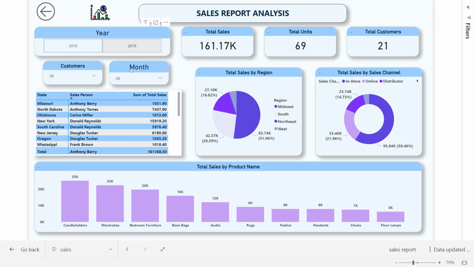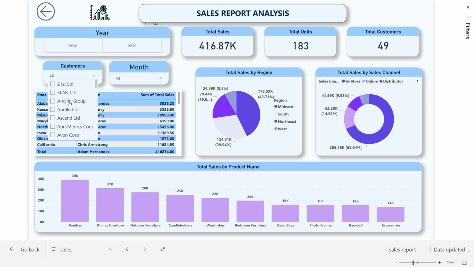If you want to filter based on month, if we go on the month of January, you can see 21 customers. If you want to filter based on the customers,